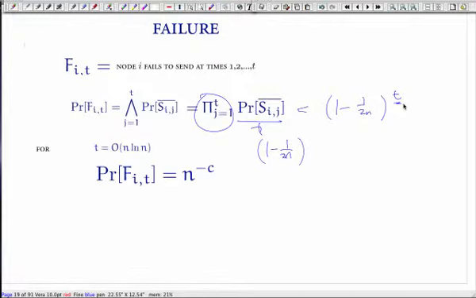Okay? So the question is, how many times do you have to try before you actually succeed? Okay? And what it says is that using the same fact that we just had, right? If t is roughly big enough, okay, you can analyze your probability of failing to be roughly n to the minus c. Okay? So if you make c like 3, for example, then your probability of failing, if you have, let's say, 1,000 nodes, could be less than 1 in a billion. So if you try roughly a few 400, 500 times, then the probability that you always fail is going to be less than a billion.